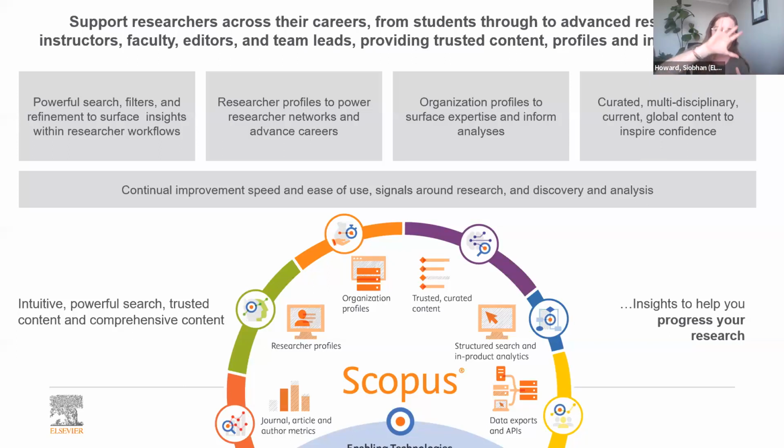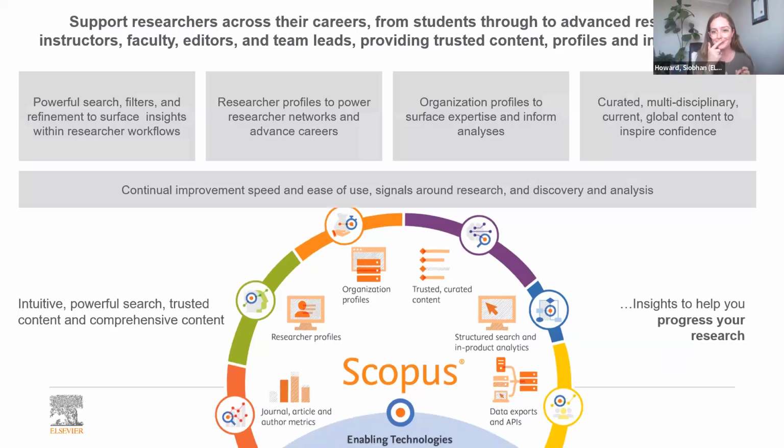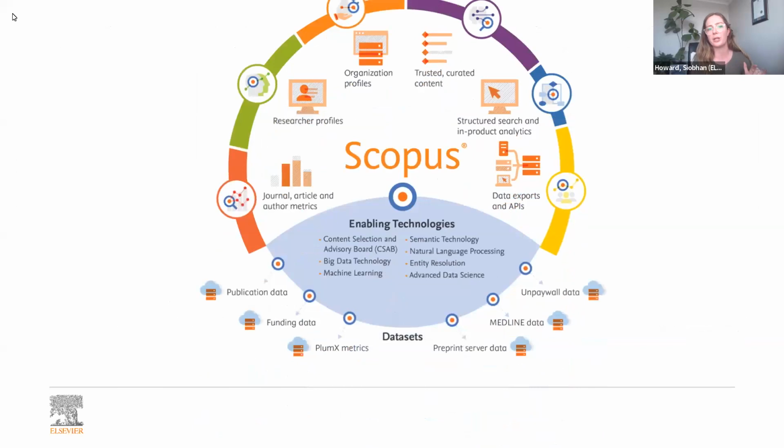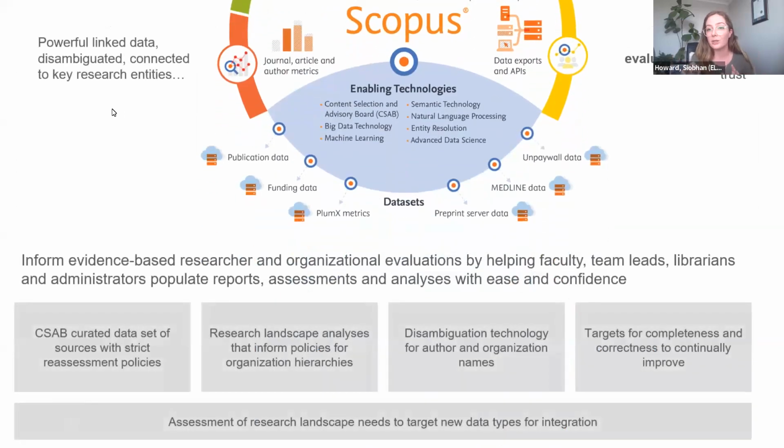So again, all of this different opportunity that you have to engage with Scopus is really fundamentally supported. Nick, if you don't mind going into the next slide. Really fundamentally supported by the enabling technologies that sit at the base, the bedrock of how Scopus performs. There's a huge amount of variety here in terms of the strategy that we implement to make Scopus the powerhouse